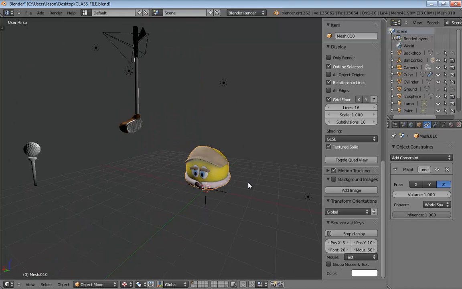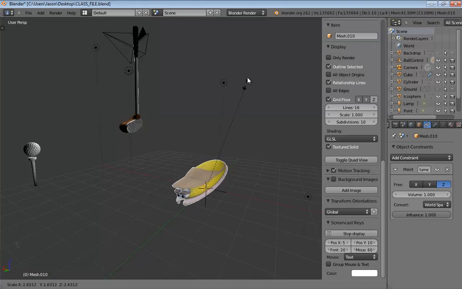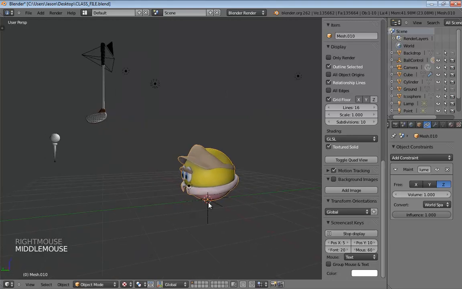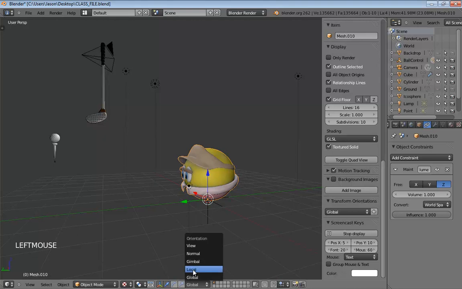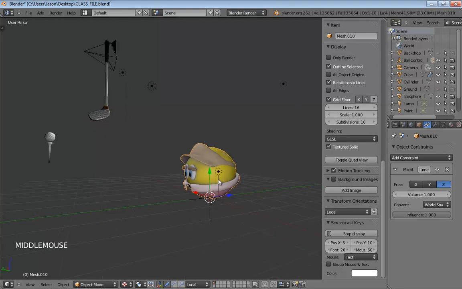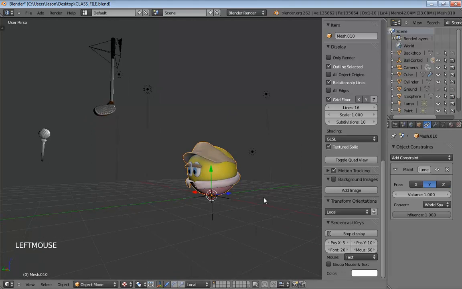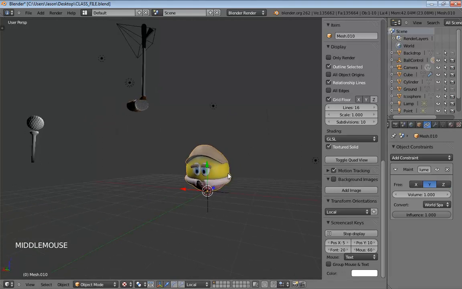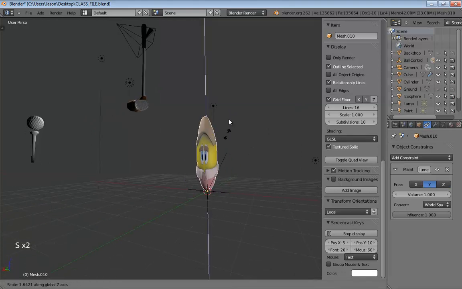Unless I'm crazy. Sometimes it's hard for me to tell. No, it does appear to just be scaling. It looks like his local axis is probably something other than what I thought it was. So what I'm going to do real quick is hit Control Space and switch over to local and check it out. His local axis is actually Y pointing up, so that's fine. All I got to do is take my free axis and set it to Y. No worries. Now if I scale him again, there you go. So now he's actually squashing and stretching.